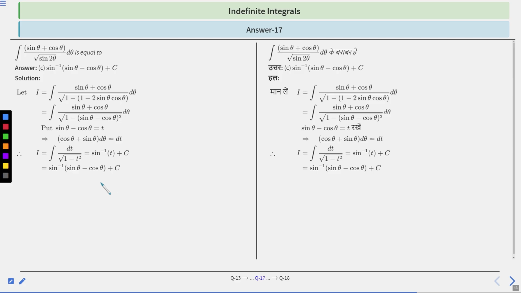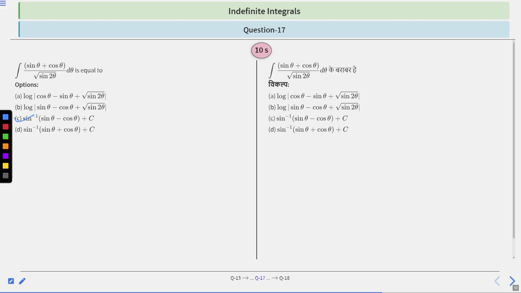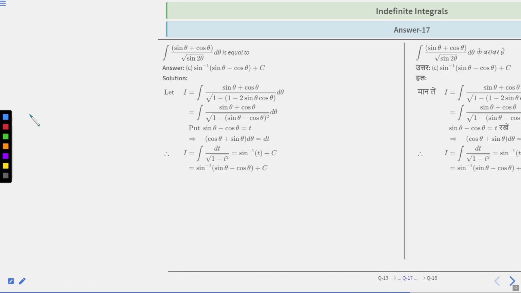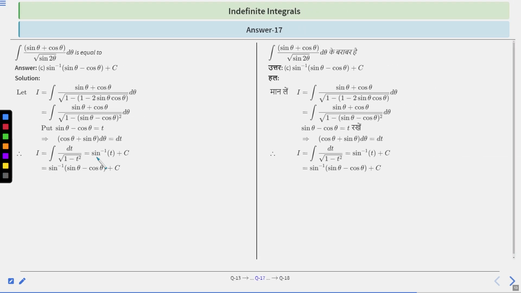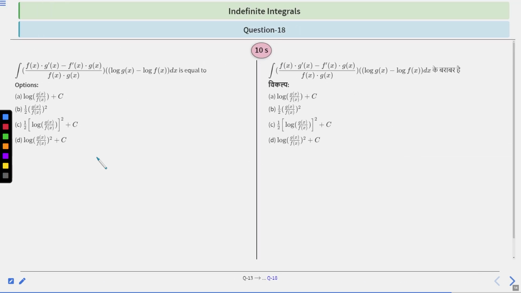Sin inverse (sin theta minus cos theta) plus c, right? Therefore option C is the right choice. Clear? Option C is the right choice: sin inverse (sin theta minus cos theta) plus c. Got it? Let's move to the next question, question number 18, which says